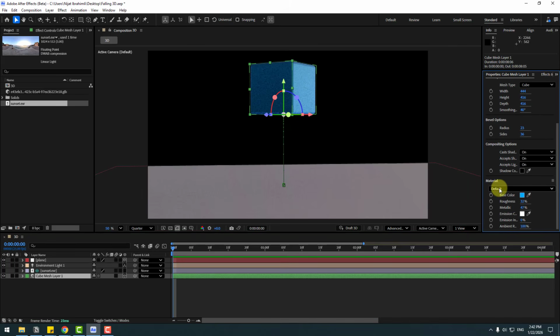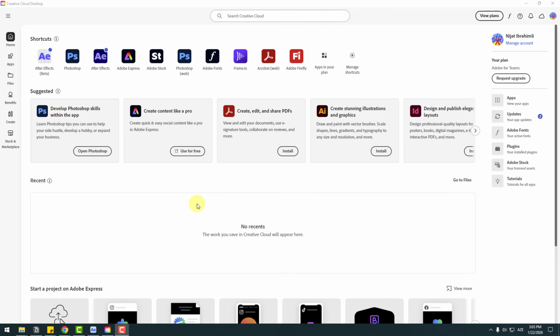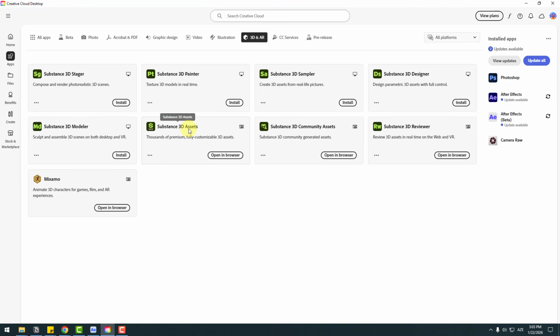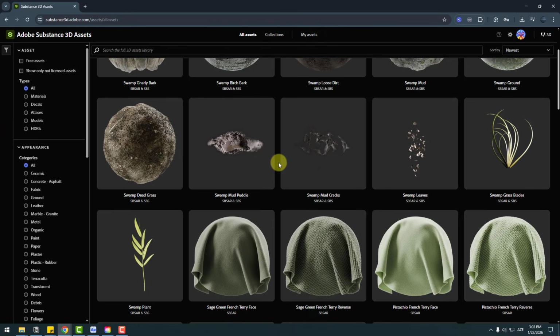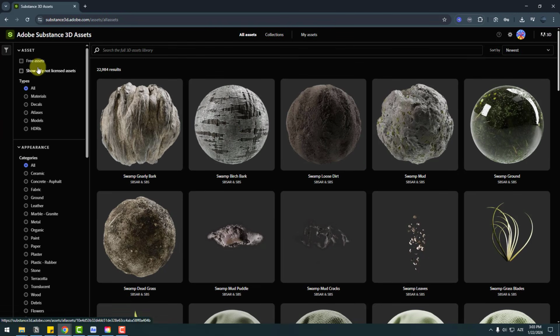We can add material here, but right now we can't see any materials here. Let me show how to add materials. First, go to Creative Cloud. So guys, on Creative Cloud, go to apps and we can see Substance 3D assets. Let's open in browser. And right now we can use all assets here, but for video I will use free